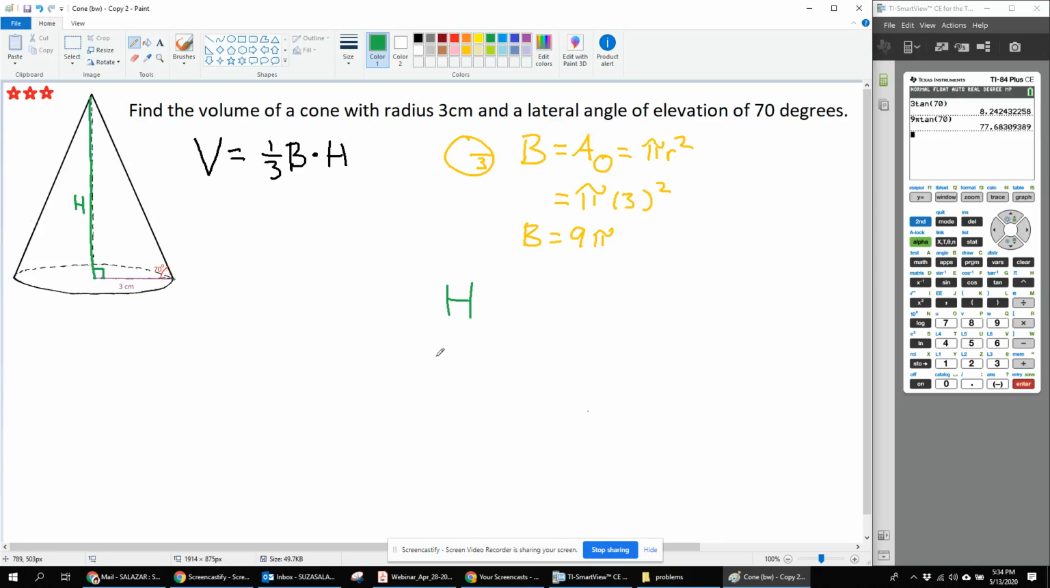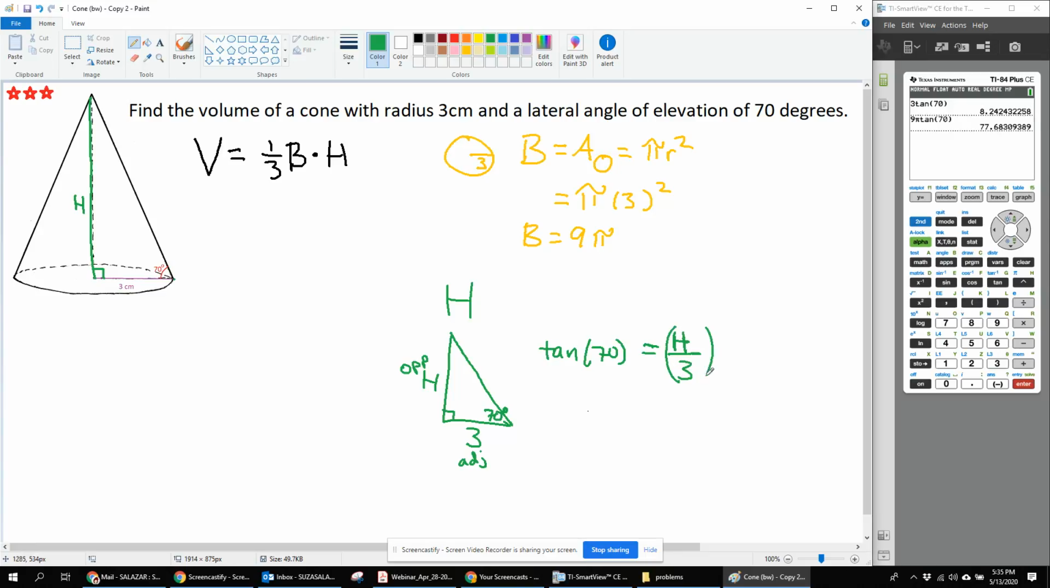So for height, we're going to need our right triangle. That's 70 degrees. That's 3, and that's h. So h is opposite, and 3 is adjacent to that angle. I forgot to draw my right angle there. So that means we're going to use tangent. Tangent is opposite over adjacent. So the tangent of 70 equals h over